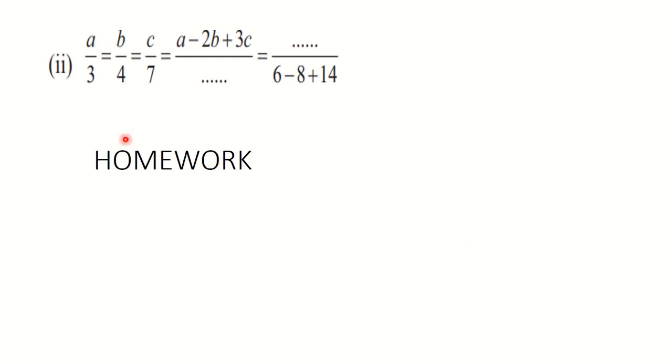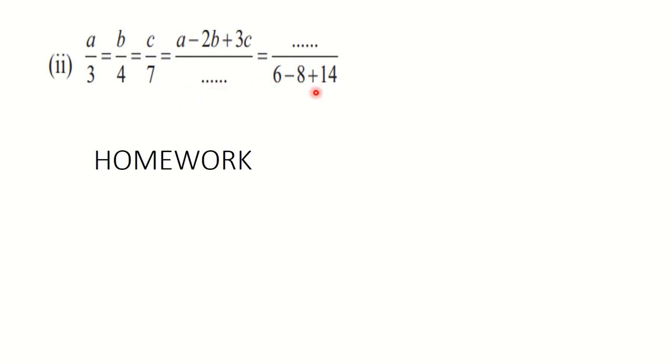So as I have said, question number 2, which is similar, you have to observe and do certain changes. Here, see, a is there, so you will not touch this. Here you have minus 2b. So here, both the places you will multiply by minus 2, or you can simply multiply by 2 also, as I have said. And here you want 3c. So you have to multiply both the places here by 3. And then you have to apply the theorem on equal ratios.